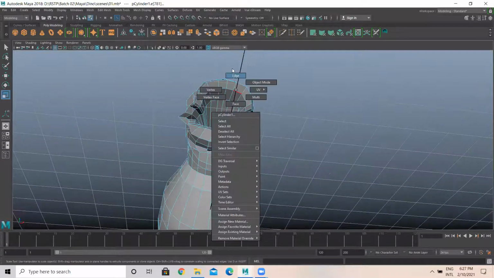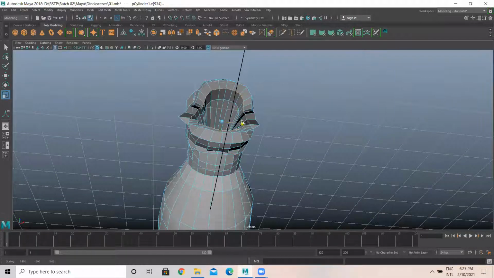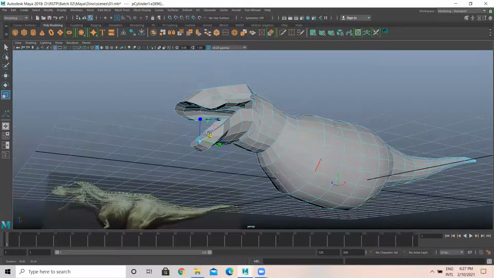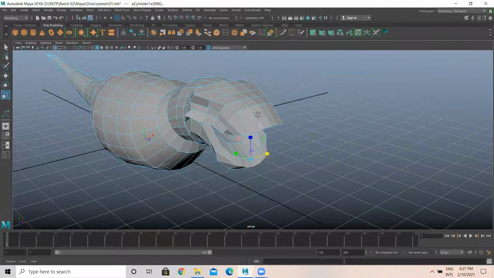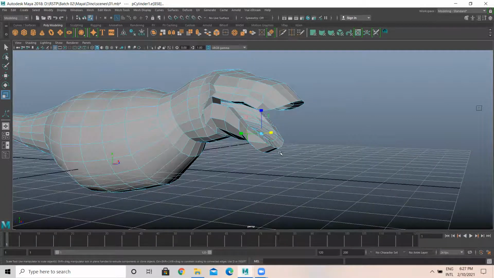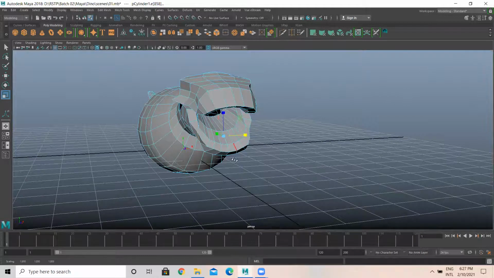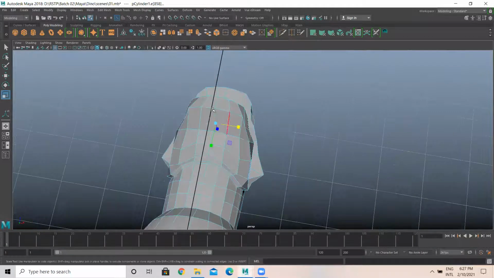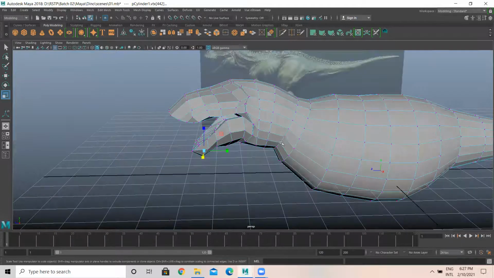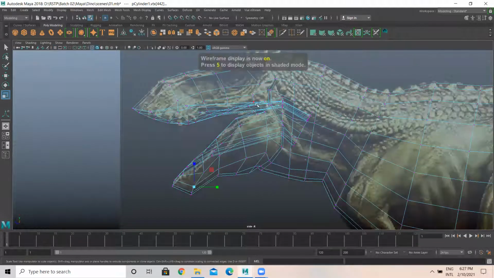Okay. Okay, something like this. Next, the eye part.